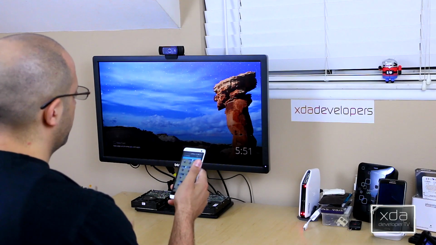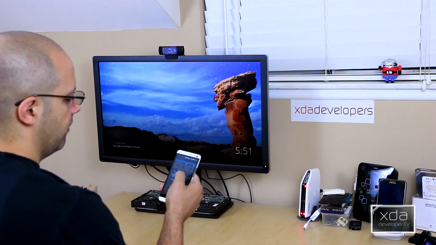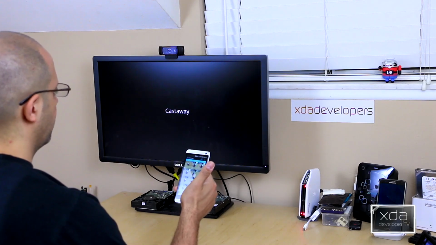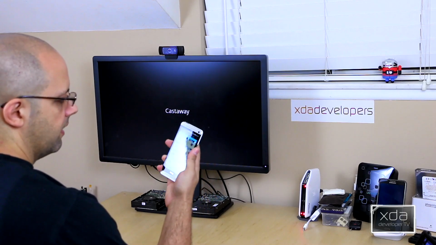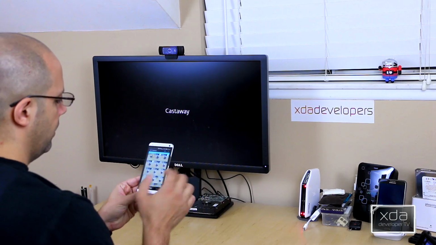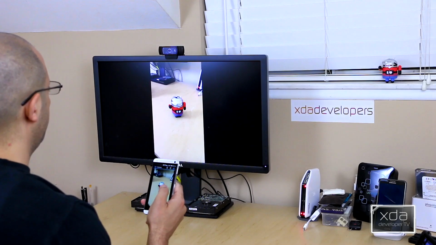Again, here what we're going to do is we're going to go ahead and connect the actual Castaway application straight to our Chromecast. So here's new cast again. I'll click to it, and it'll take a second, and it'll show Castaway on the screen. That's how you know that the actual device is connected using Castaway. The other thing is you're able to basically select between what you want to show. So an example would be, since I was taking a lot of pictures of Andy, I'm going to go ahead and scroll through these pictures.